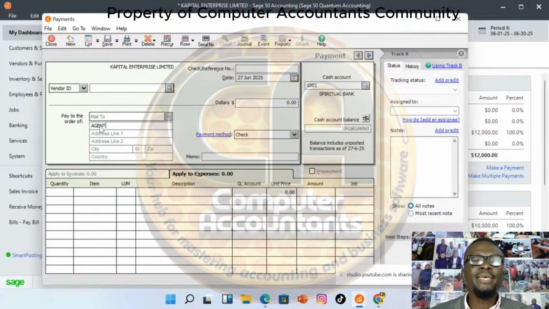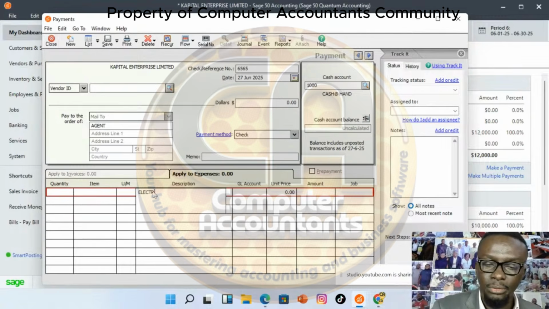In most cases, it can be a staff who goes to pay that electricity bill on our behalf. Just put the staff name there. It doesn't mean that the staff name will be in your database. No, just manage the staff name as on the fly, the way you see here. Okay, it was paid by cash. Then the payment slip, you can put the number of the slip there. Then change your account, cash account to cash at hand. Then now enter the information,